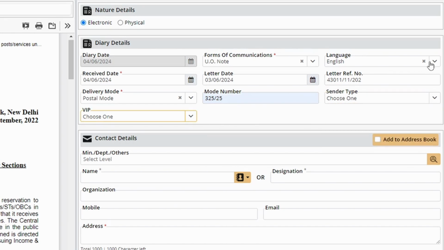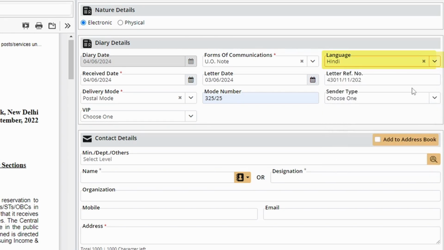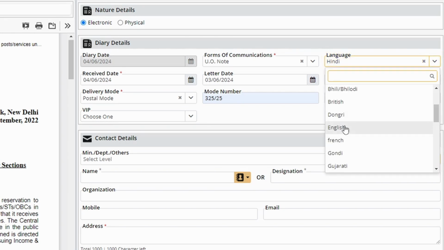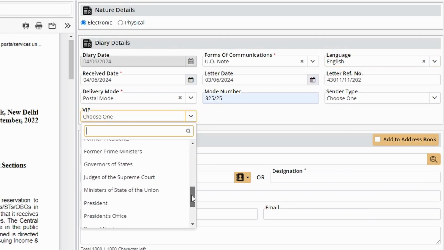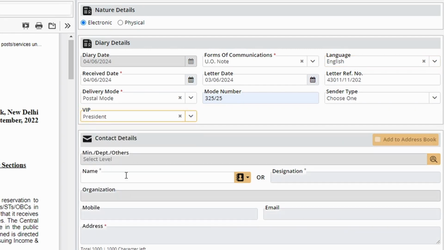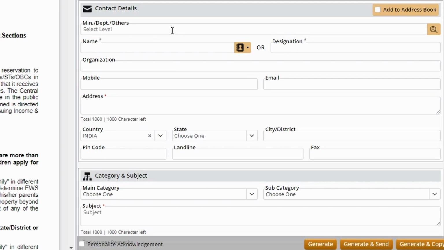For example, appropriate information in the language field ensures generation of the Rajbhasha report, or selecting the VIP from the list facilitates designating the letter as a VIP reference, hence demarcating it from other receipts, tracking its progress, and efficient report generation.